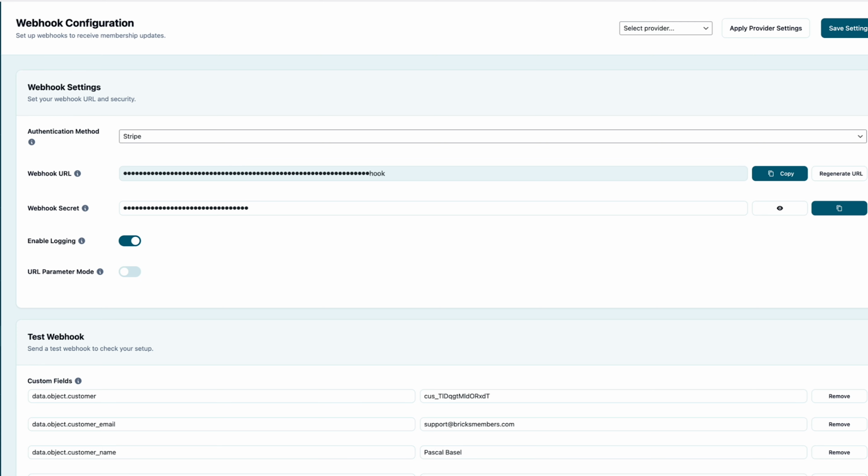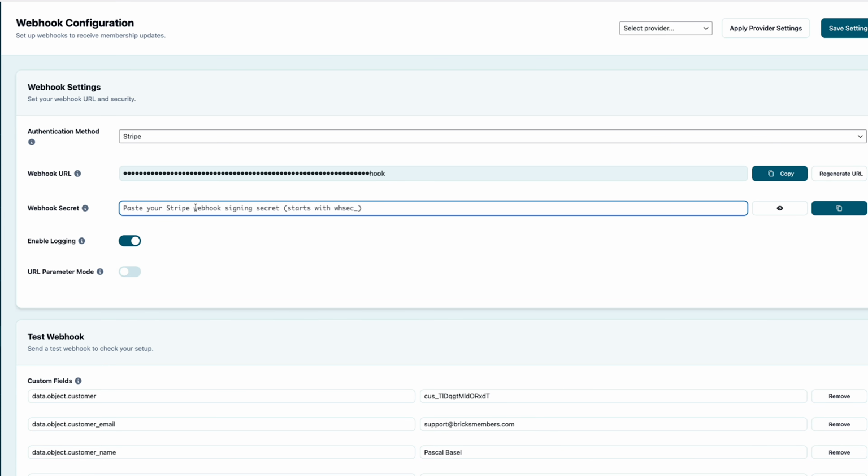and you only have to set up what's actually necessary. So you see now I switched to Stripe as a provider, and it automatically selected the authentication method Stripe. And you also find the webhook URL here, which you have to copy to Stripe after creating your webhook and selecting all the events. And then you also find the webhook secret here now, which you can actually type in yourself. You can unmask that and type in your own webhook secret,